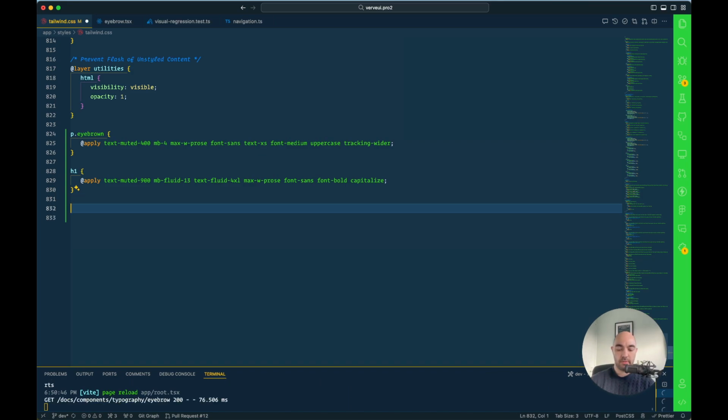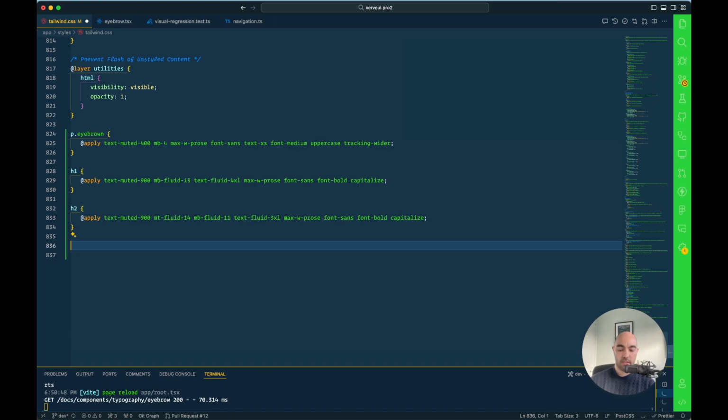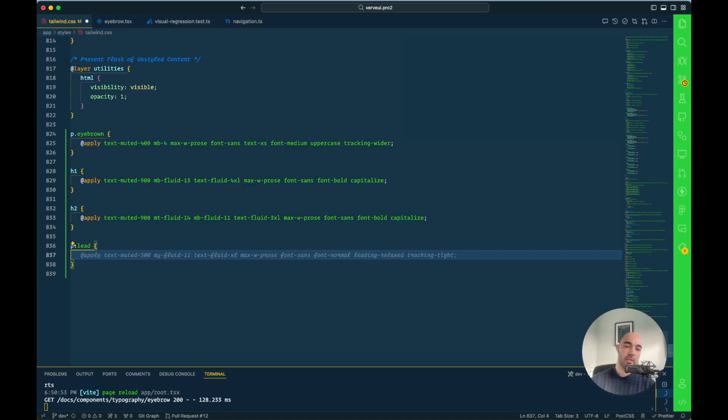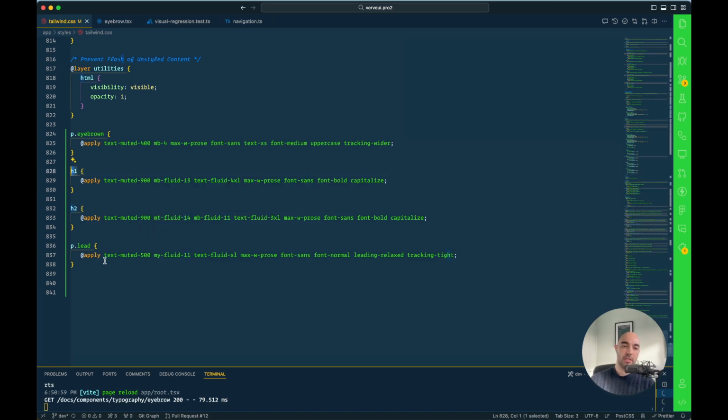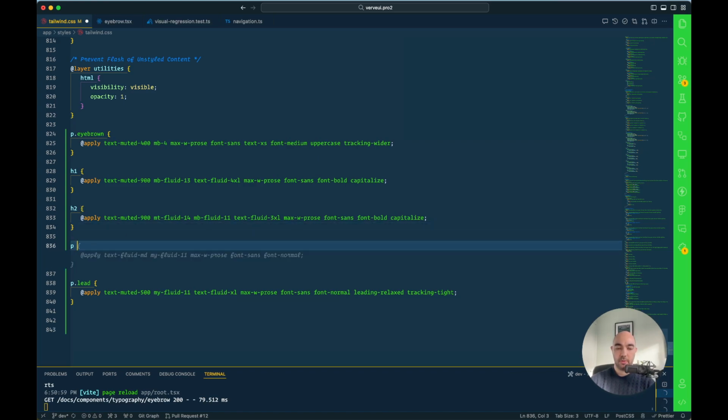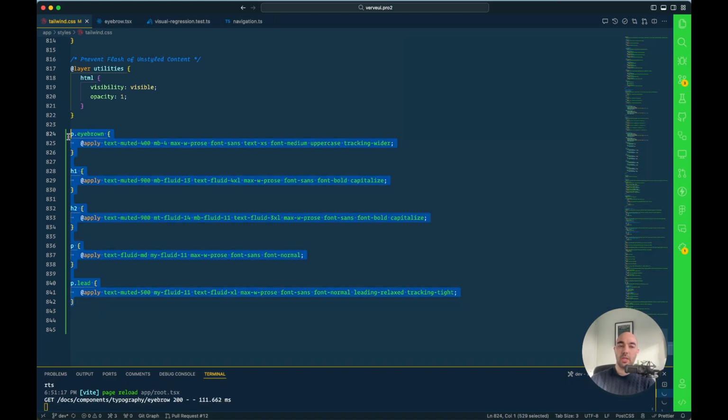I'm just accepting whatever auto Copilot is suggesting. Then you'd have to do the same thing for the lead component, right? So you also have this option where you directly target some HTML elements. Some of them are repeated, like the eyebrow. Then you would have the paragraph as well, of course, which is the normal paragraph. So we'd still need these classes, but the problem with this is that